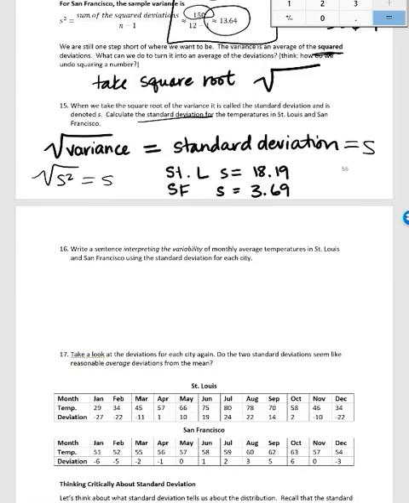So let's write a sentence interpreting the variability of monthly average temperatures in St. Louis and San Francisco using the standard deviation for each city. So I'll go ahead and do one for St. Louis, and then you can go ahead and keep going for San Francisco. So, for example, before when we compared St. Louis and San Francisco, we indicated that intuitively we thought that it should be higher for St. Louis, which we see in this case it is. So I might say something like